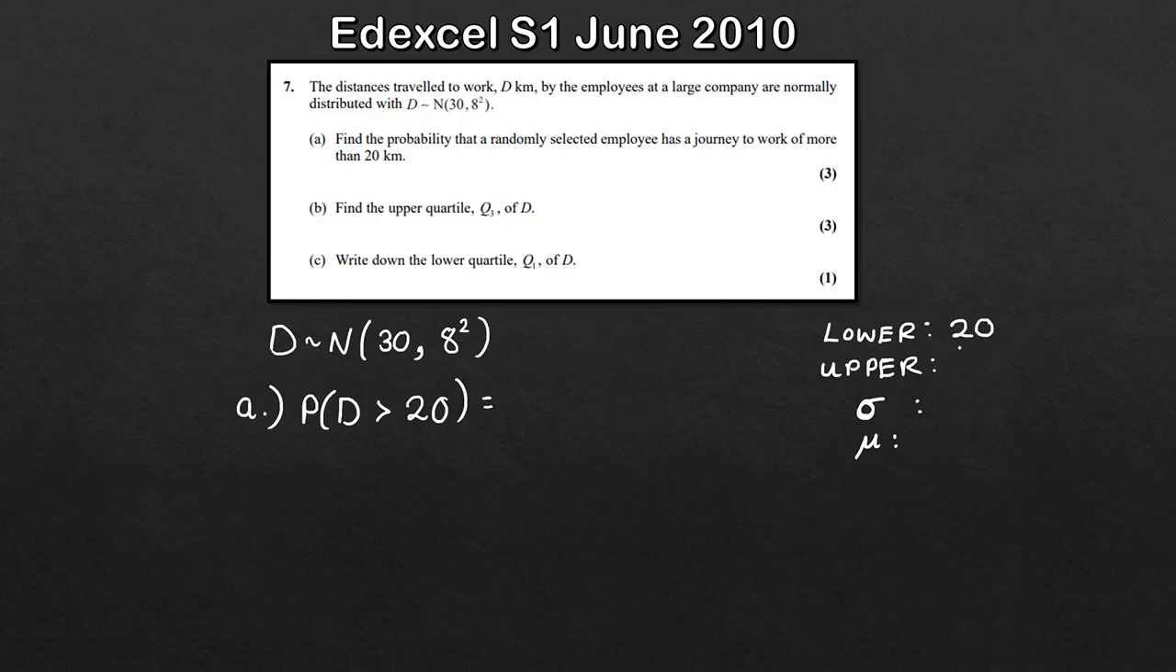Now for the upper, what we do here is we input a very large value. Okay, this is quite arbitrary, but I just put loads of 9s, something like that will suffice. Now for the standard deviation, we're told that in the question here. So our standard deviation is the square root of 8 squared, which would give us 8. And then for the mean, again, we're told that here, that's the 30. Okay. And if you click enter or execute, what you should get then is P, that's our probability, is 0.894